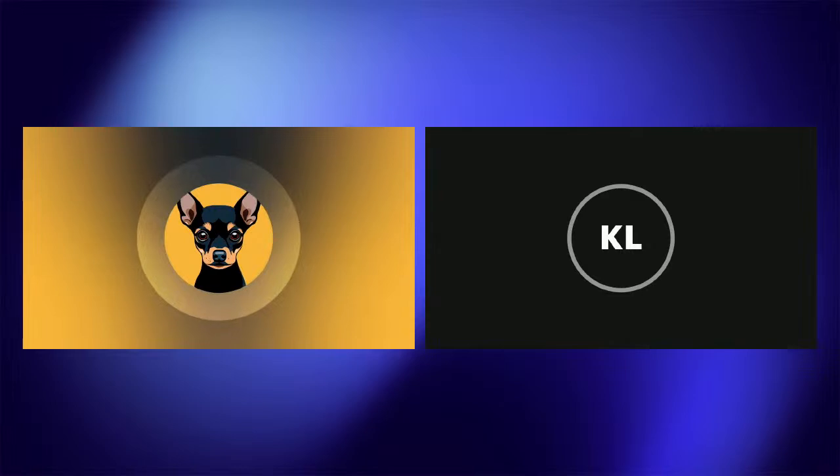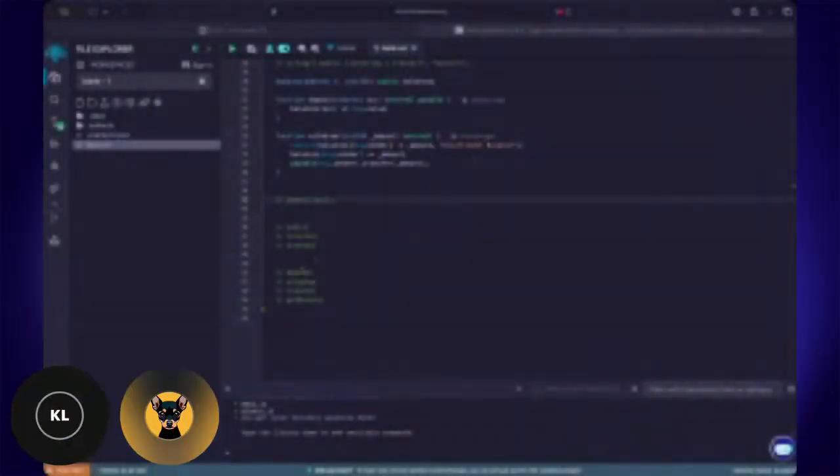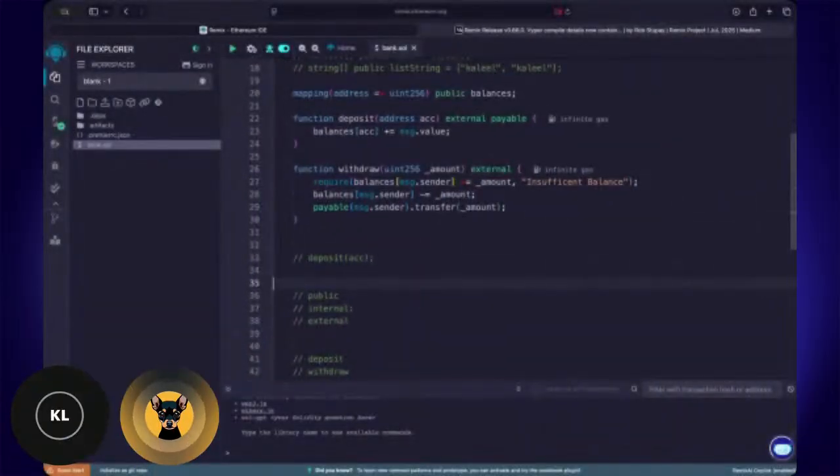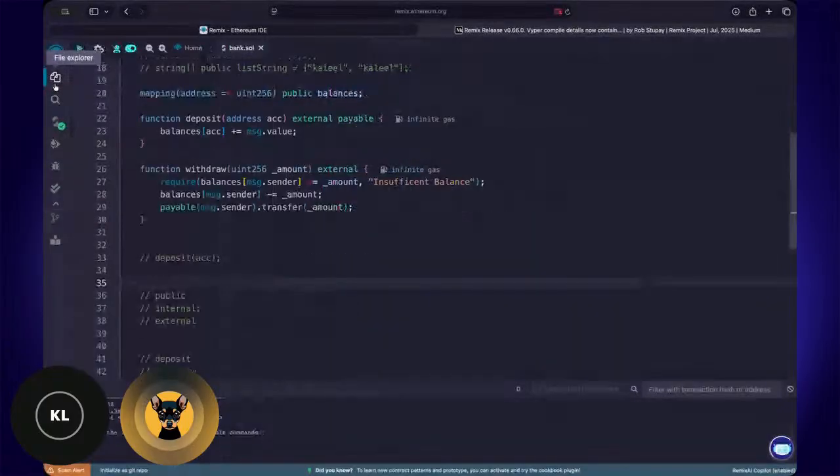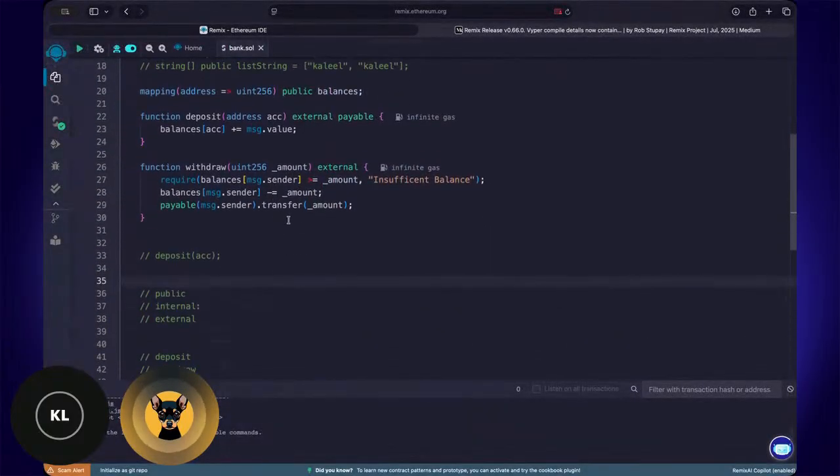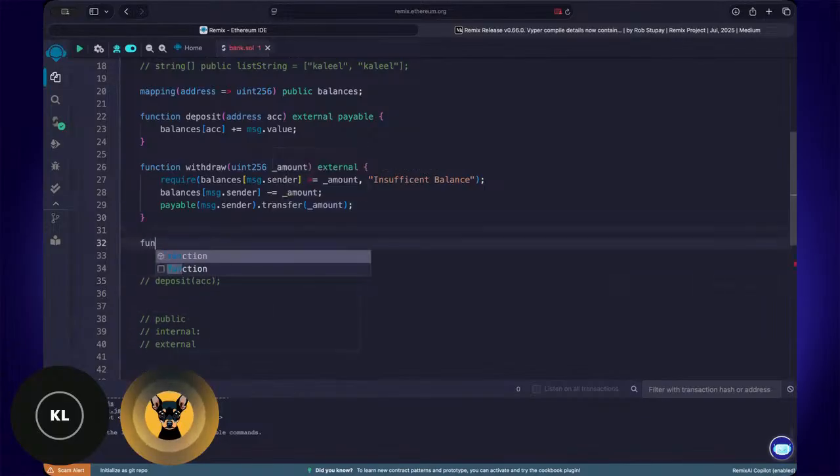Okay. Now, yeah, so since it's kind of working for now, we'll be having other people on stage very soon, and I'm just going to write the last function, which is getBalance, allowing us to get the user's balance. So what you have over here is an external function.